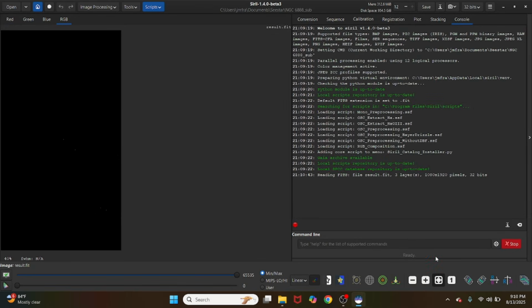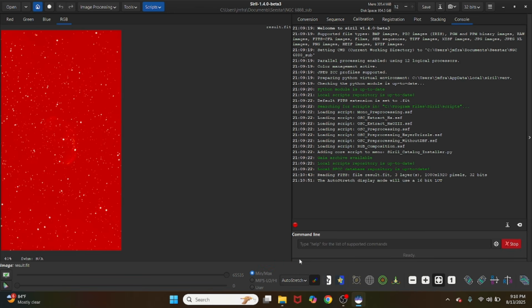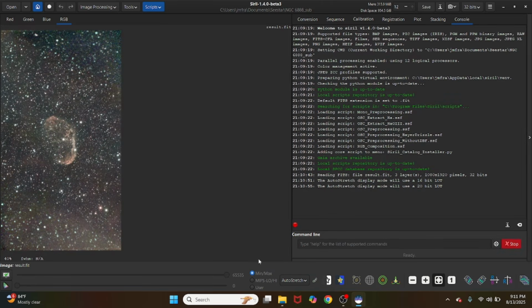Well, we remember that when we open these, it's in a linear format, and all we have to do to see that is click on the auto stretch. We can click the high definition, and then we can click this little chain box over here, and then it shows us more what that picture's potential is. It's not there yet. This is just a cursory glance at what it could look like,